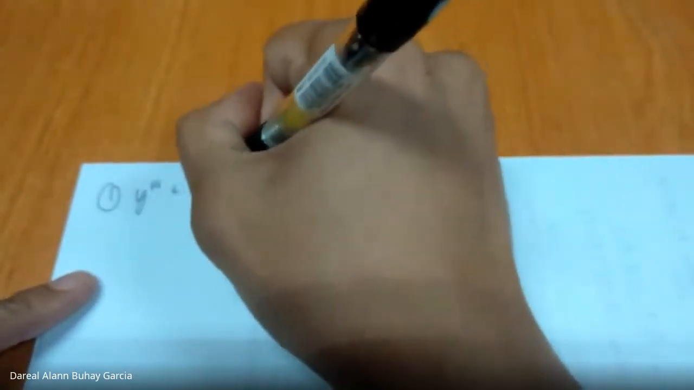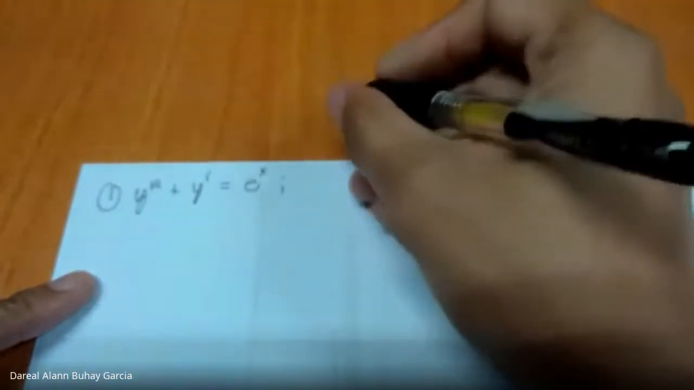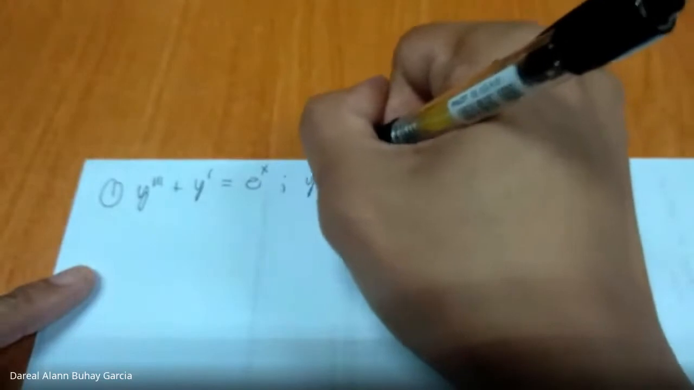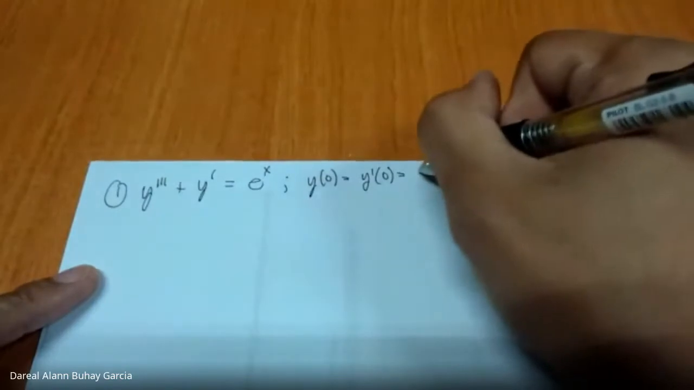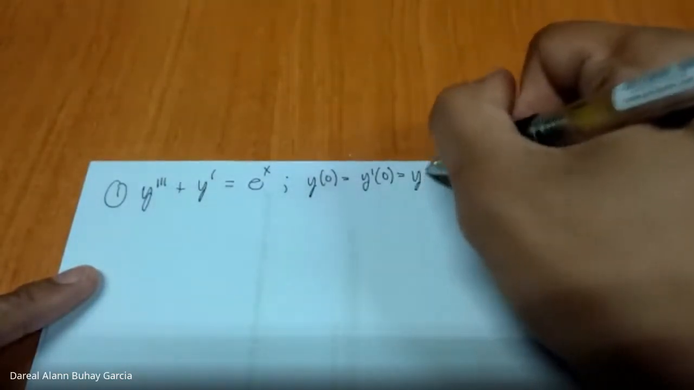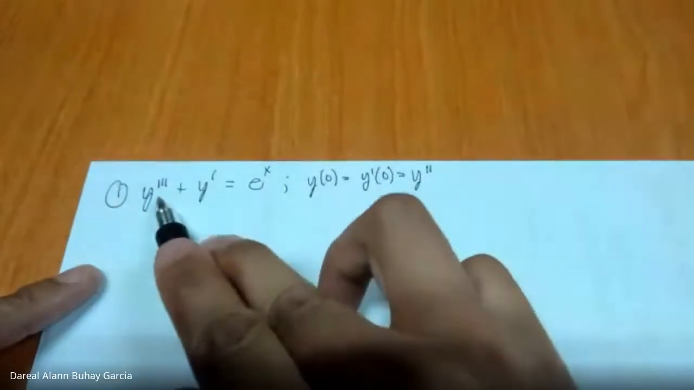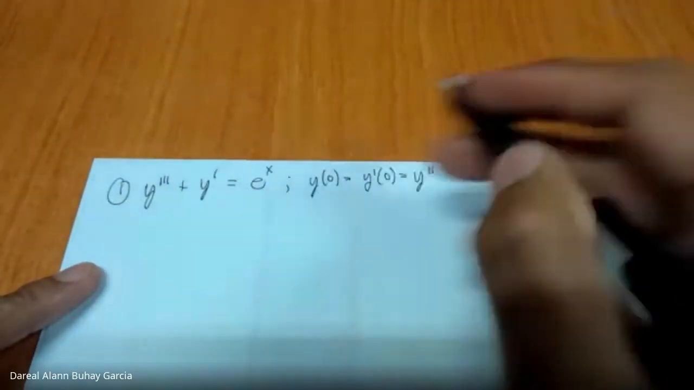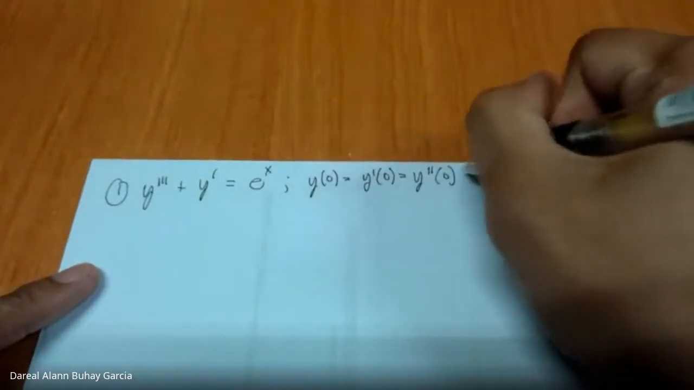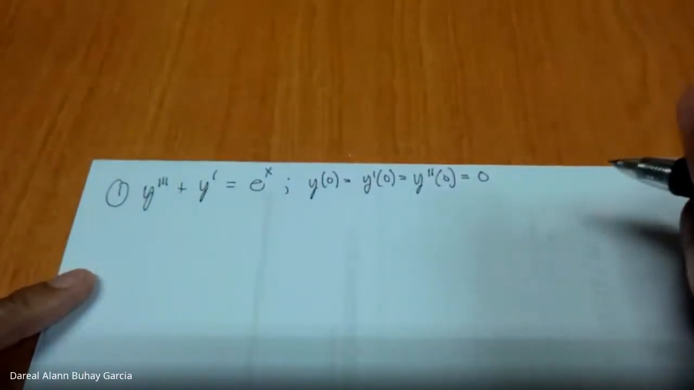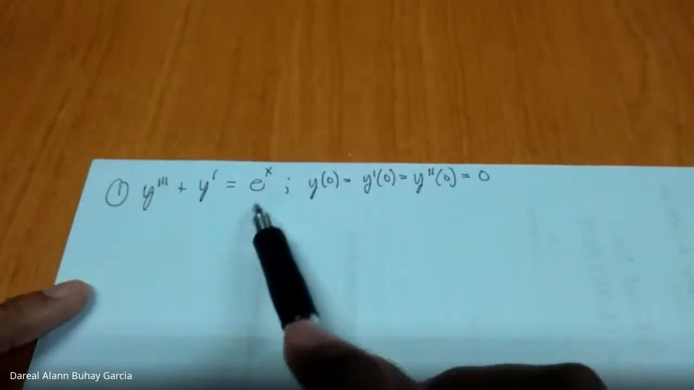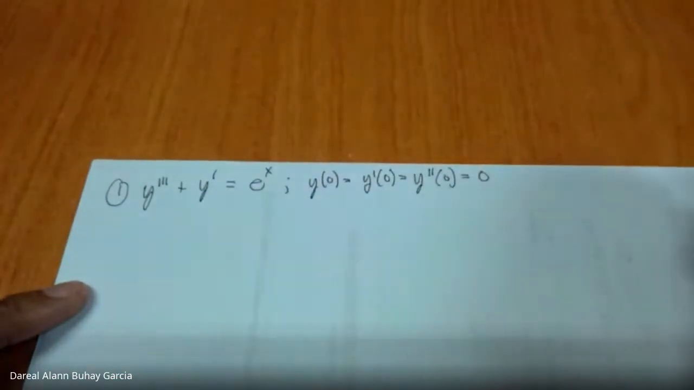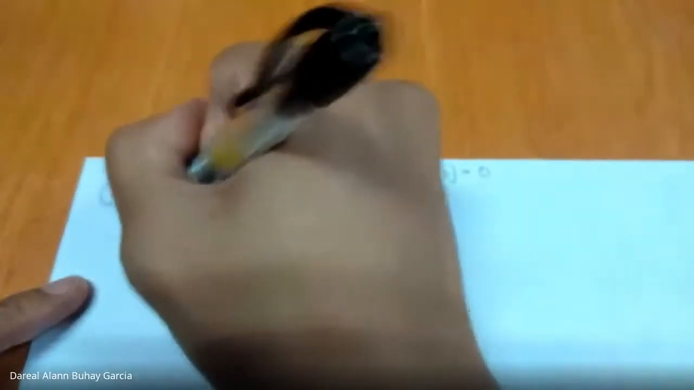y triple prime plus y prime is equal to e to the power of x, where all initial conditions are equal to 0: y of 0 is equal to y prime of 0, y double prime of 0. So it is third order, so this needs 3 initial conditions, all equal to 0. Our method of undetermined coefficients would also work here, we could do that in our own time. So using Laplace transform, the first step is to apply